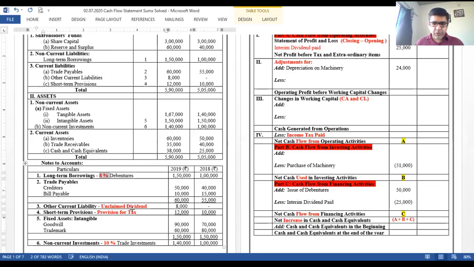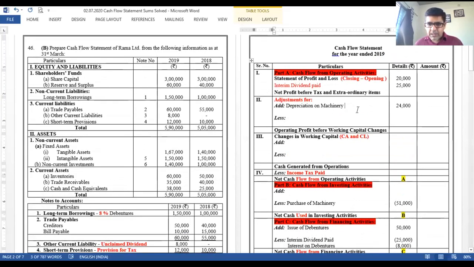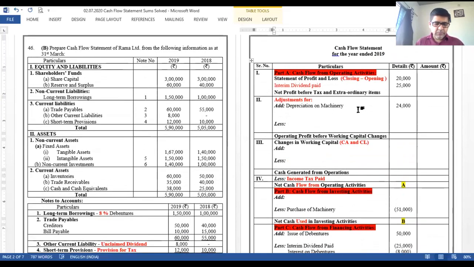Being an adjustment, it will have two effects. One is we pay interest, so that will be in financing activity by way of deduction, interest on debentures. Now interest on debentures, 1 lakh at 8%, I told you that's 8,000. Interest on debentures, we know it's an expense, a non-cash item. This has to be added over there in the adjustment part. So over here, interest on debentures, the amount will be 8,000.